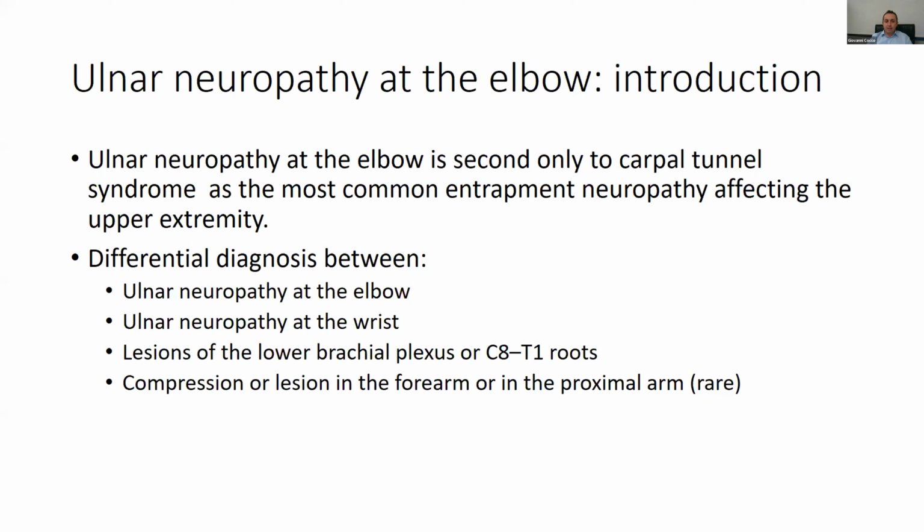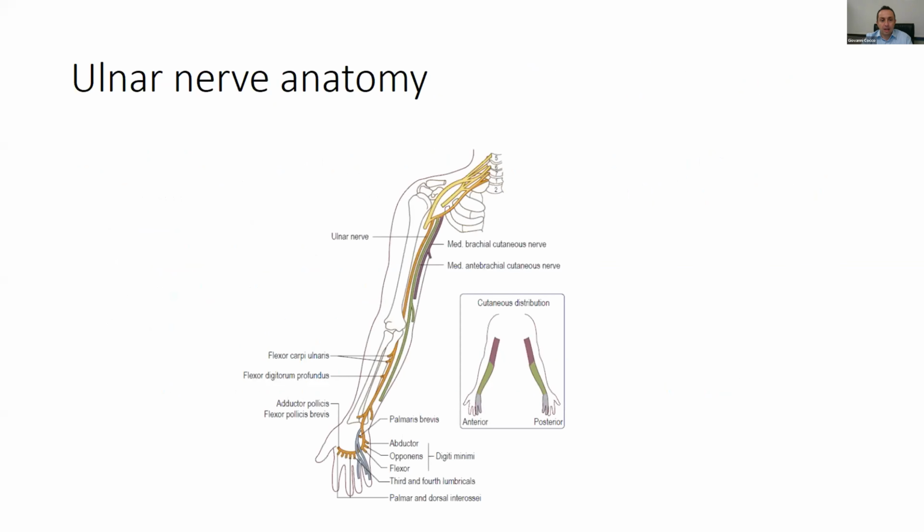Also, in some rare cases, you can find a lesion of the ulnar nerve either in the forearm or in the proximal arm, but generally the two most common sites of compression are either at the elbow or at the wrist. So we know that the ulnar nerve derives mainly from the C8 and T1 roots,